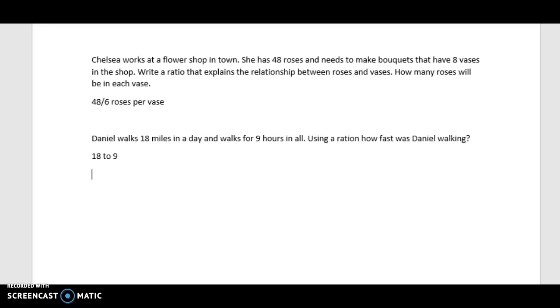There's a couple different ways you can write ratios. You can put the 2 in the middle, you can add a colon, and we can also write it as we did up here. So it could be 18 colon 9, and it could also be written 18